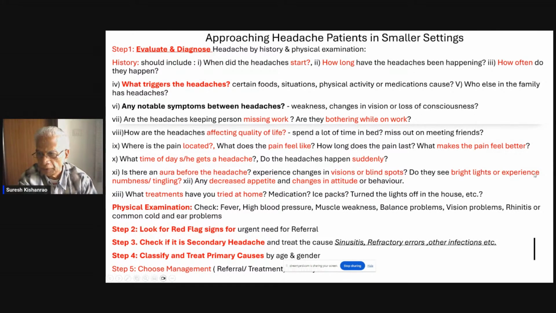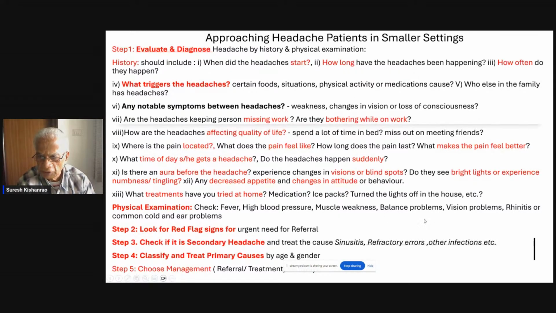Sometimes people express the bright lights as a nuisance. Long-term headaches may also lead to decreased appetite and a change in the behavior of the person. And then ask what treatment they have tried already at home. You need to check all these and then go in for